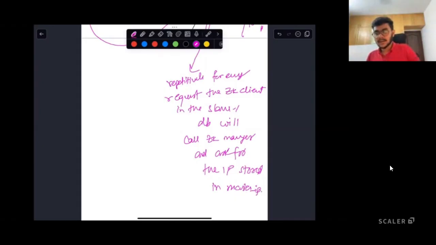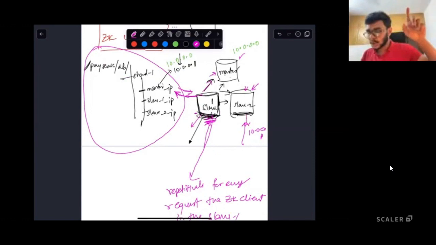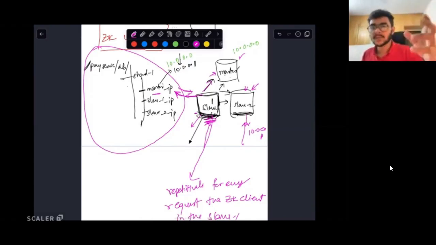Is this thing clear? That before performing any write, the Zookeeper client running for the slave 1 database can send a request to the Zookeeper manager. The Zookeeper manager will send the IP address written in the master IP file, right? Correct.